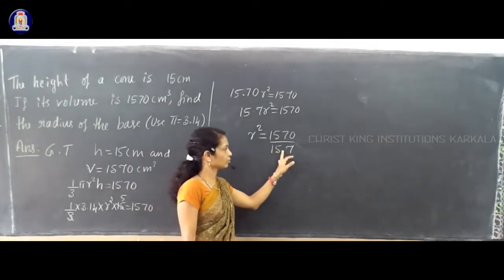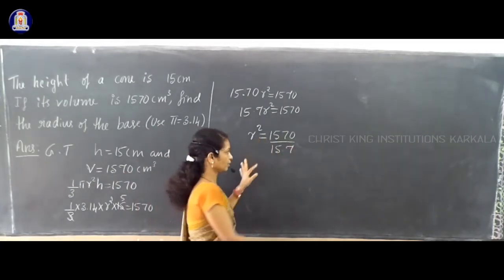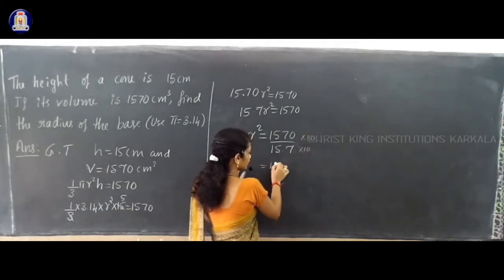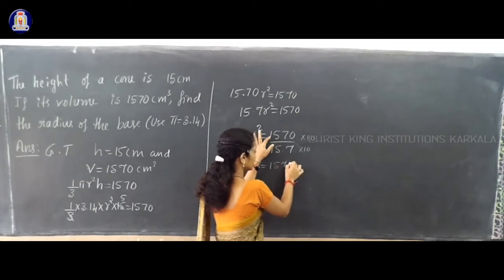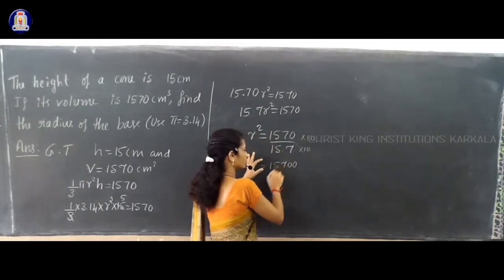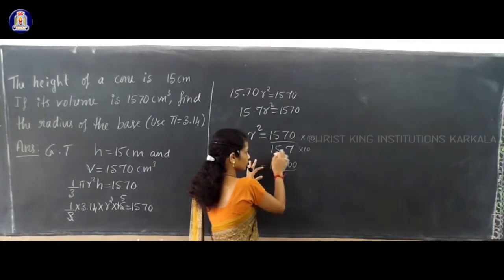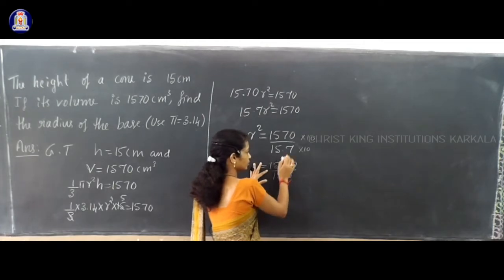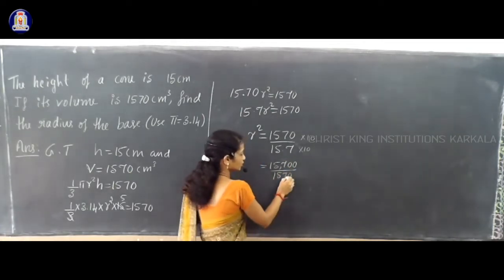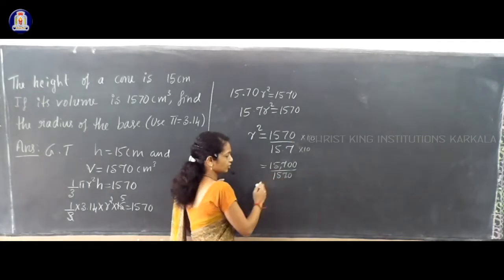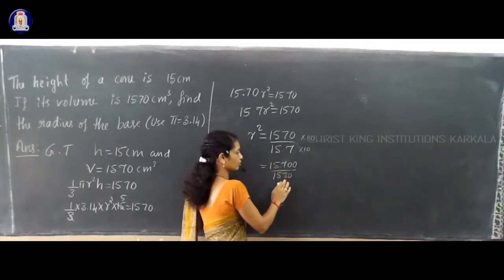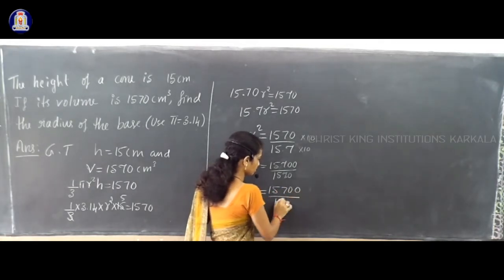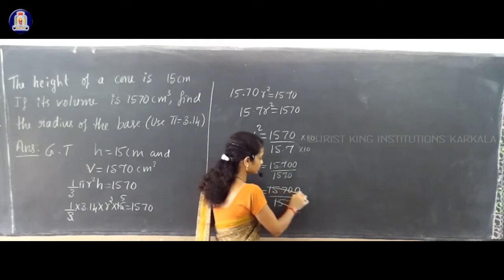And since there is a decimal point after 1 digit from the right side, you multiply both the numerator and denominator by 10. Okay. So then you will get the numerator 1570 into 10, that is 15,700, dividing by 15.7 into 10, that gives 157, but there is a decimal point after 1 digit, meaning you have to put a point after 1 digit from the right side. So it is 157.0, means we can write that as 157.